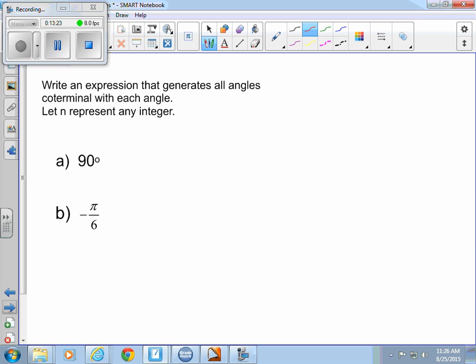Every now and again, we'll have an answer to a question, and it will be all angles coterminal with 90 degrees. So we want to talk about how to write that in an equation. If I wanted to say all angles coterminal with 90 degrees, how could I get there? What would I need to do to get all angles coterminal? Plus or minus 360 n, I like it. And I'm actually just going to do plus 360 n, and I'm going to say that n,